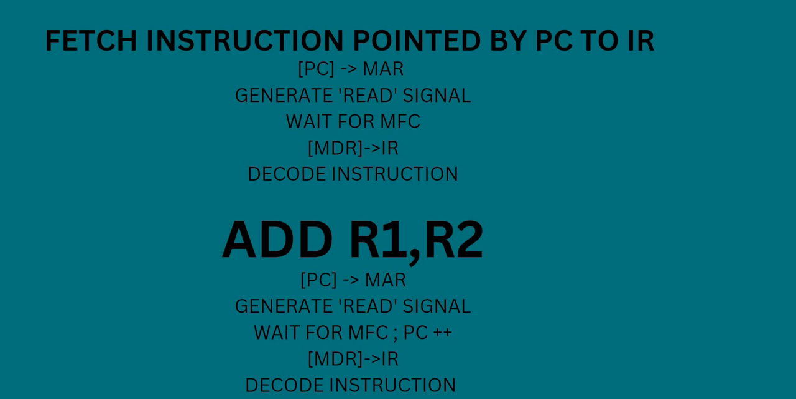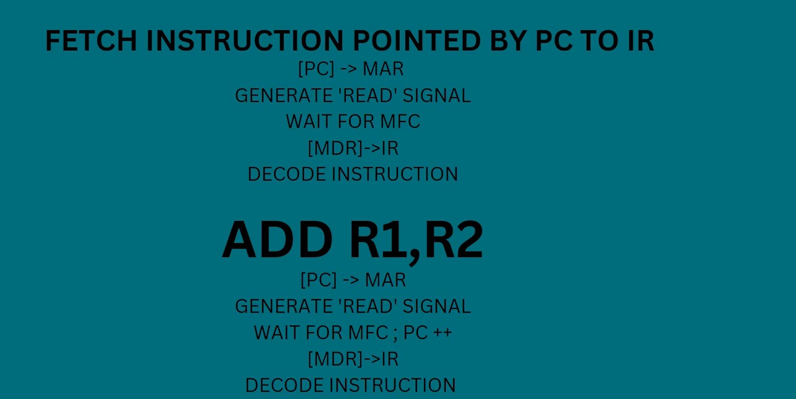So from the memory data register, we will send this to the instruction register or IR. Next, we will decode the instruction. For example, if we have an instruction saying add R1 and R2, what this means is we have to take contents of register R1, take contents of register R2, add them and store the result in register R2. So to do this, first of all, we will take the contents of PC and store them